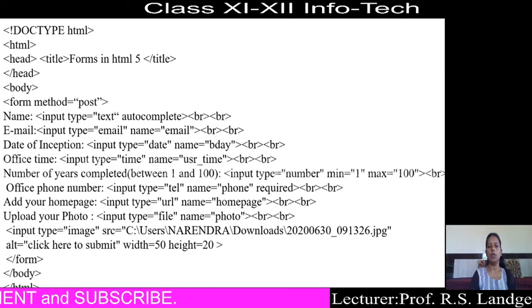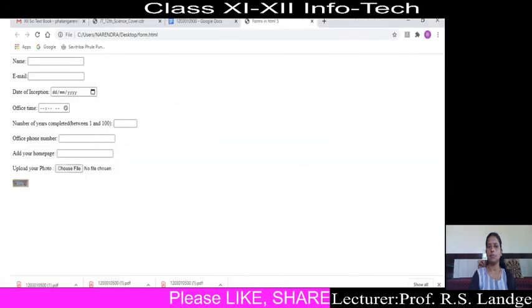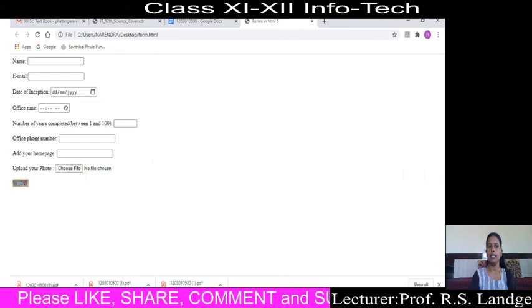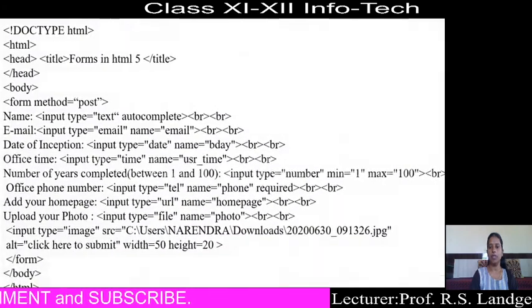Then close form, close body and close HTML. That means the output is displayed like this: name, then email, and all fields are displayed like this. For this we have to create this code.